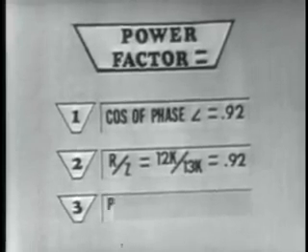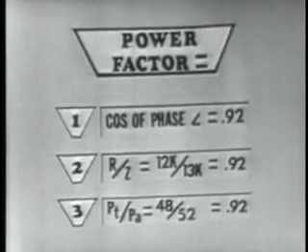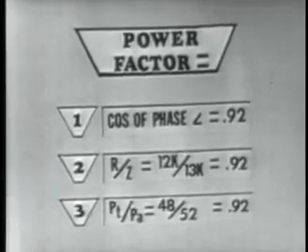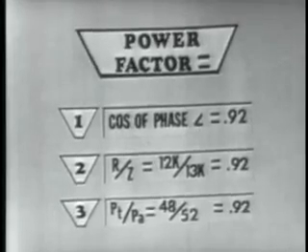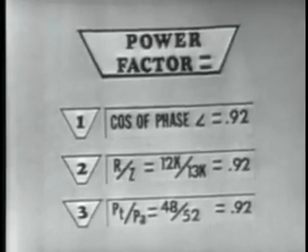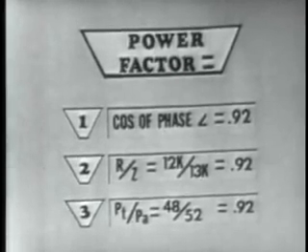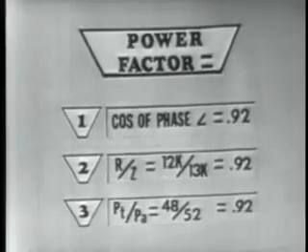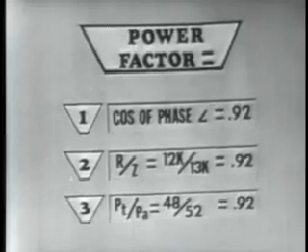And number three, the power factor is equal to the true power divided by the apparent power. In our problem, 48 milliwatts divided by 52 millivolt amperes, which is equal to 0.92. Note, in all three, the answer is identical. This is a good check on solving your problems. If you come out with a power factor the same in all three formulas, rest assured your computations are